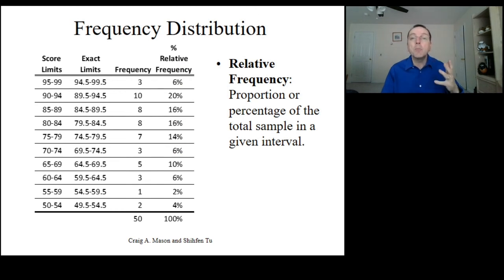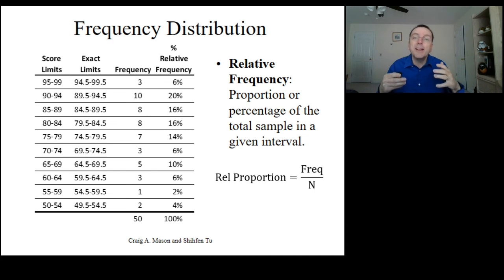Now, another way of reporting the frequency of scores in each interval is to report the relative frequency. This is either reported as a proportion or the percentage of the sample in a given group or class interval or box. Here we've added a column for the relative frequency expressed as the percentage of the total sample. The relative frequency as a proportion is simply the frequency in a given group divided by the total n, while the relative frequency as a percentage is simply the proportion multiplied by 100%.